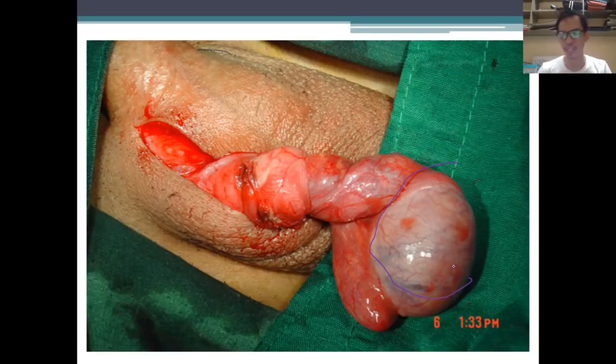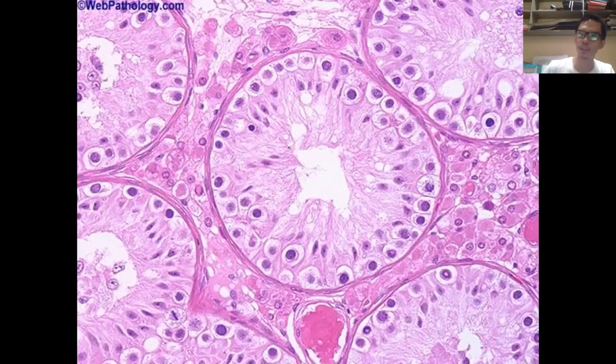All right, so this is the testes. Other parts of the reproductive system of the male are somewhere here. Inside the testes, it aids the production of the sperm cell. With the help of the pituitary gland and the hypothalamus, it will be able to produce a hormone called testosterone. The sperm cell is created here and then deposited to the center of this cell, and eventually it will be brought out of the body.